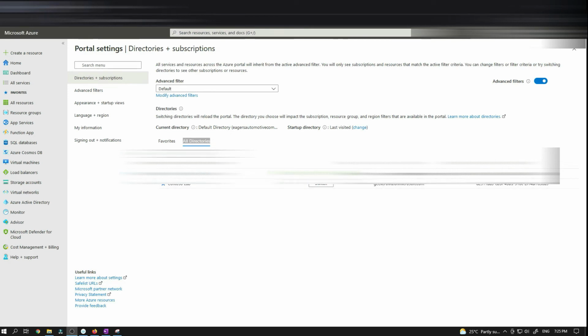So actually it's under the tab of all directories, it's not under favorites. I was actually looking for my new tenant under favorites. The portal can be tricky sometimes, guys. It keeps on changing. So I'll go to all directories under my subscriptions, and then